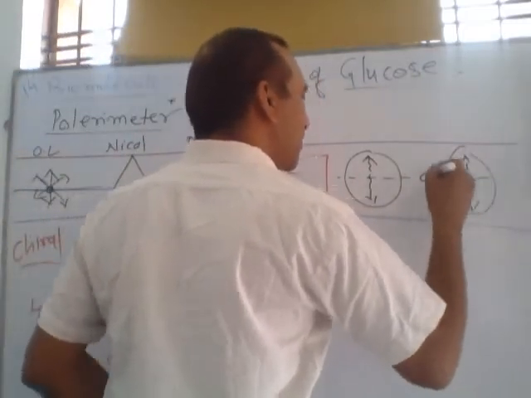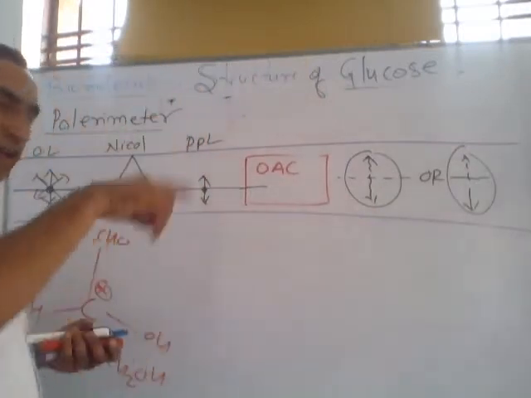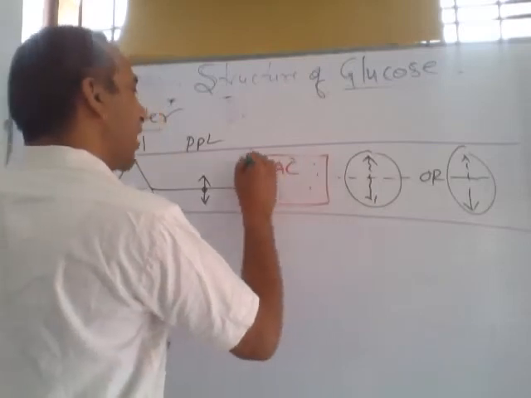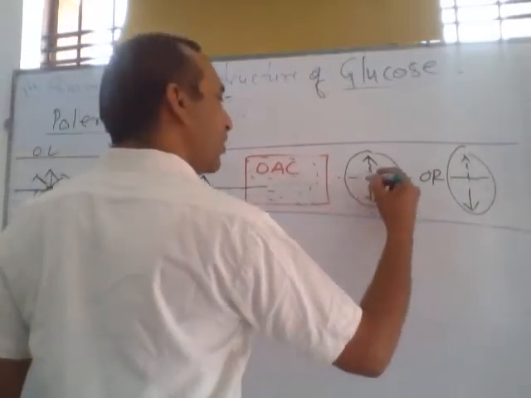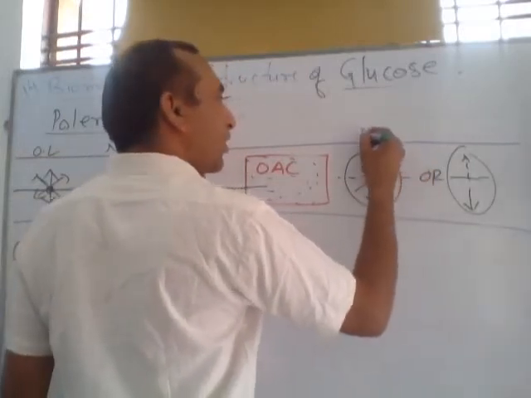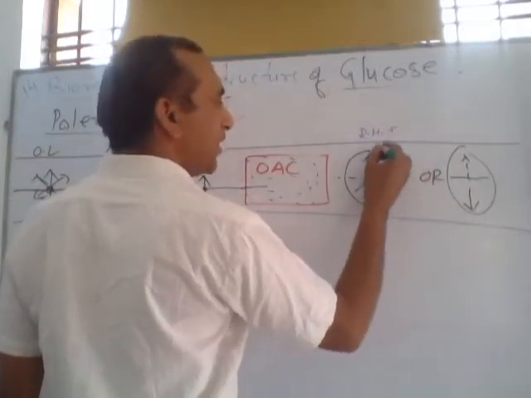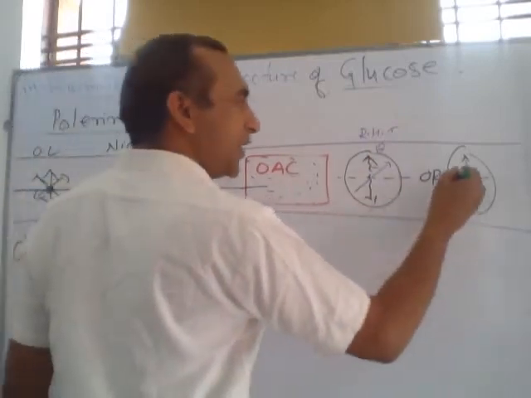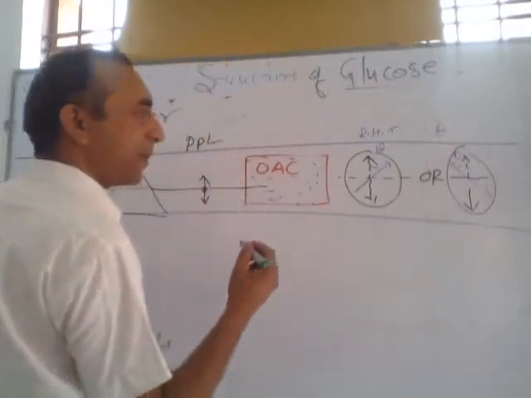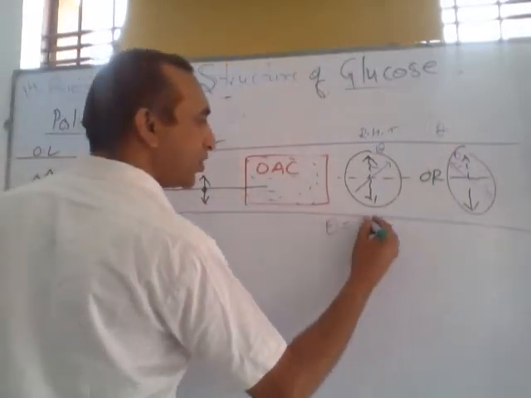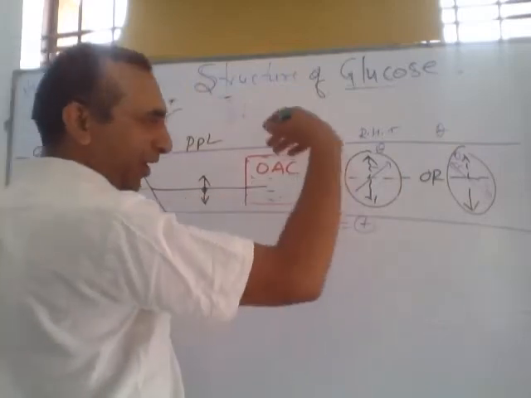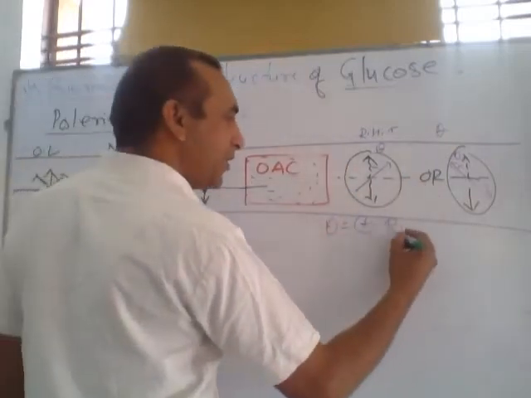These are vibrations of photons of plane polarized light in one plane. After passing this light through this medium, the vibration of these photons may be changed, rotated to the right hand side with a specific angle, or otherwise to the left hand side with a specific angle. If theta is positive, it means the vibration of PPL is rotated to the right hand side.